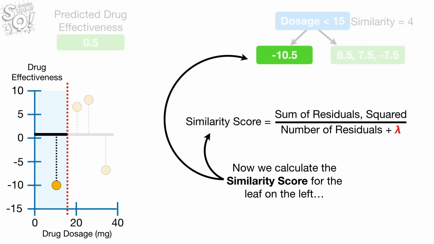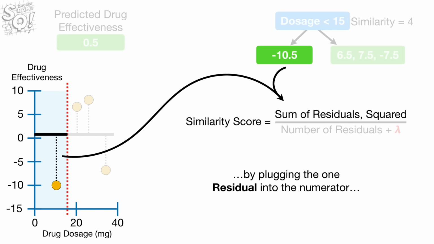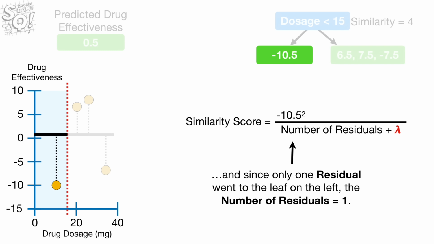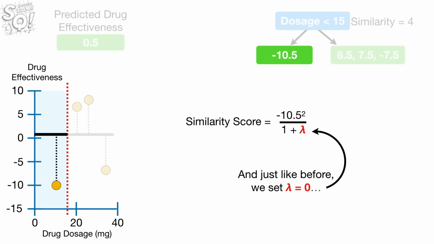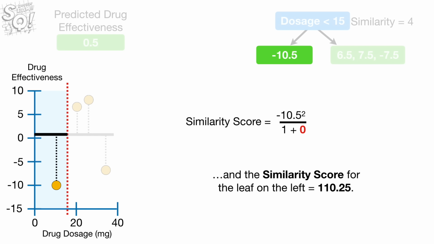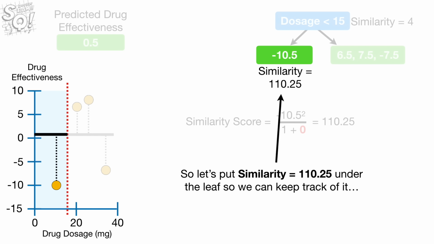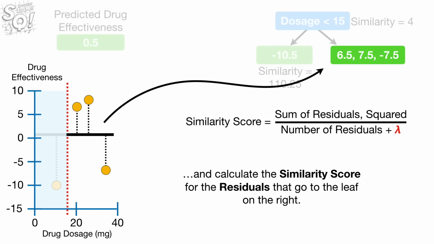Now we calculate the similarity score for the leaf on the left by plugging the one residual into the numerator, and since only one residual went to the leaf on the left, the number of residuals equals 1. And just like before, we set lambda equal to 0, and the similarity score for the leaf on the left equals 110.25. So let's put similarity equals 110.25 under the leaf so we can keep track of it,